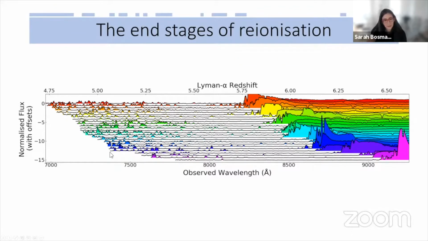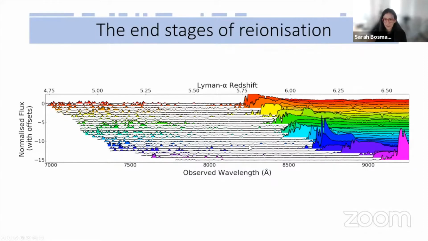And you can see that at redshift 5 or so, there's a lot of transmission left in the last remnants of the Lyman-alpha forest. But by the time we get to redshift 6, there is not much transmission left at all. Interesting things are happening in this intermediate region when we observe too much scatter between quasar sightlines at the same